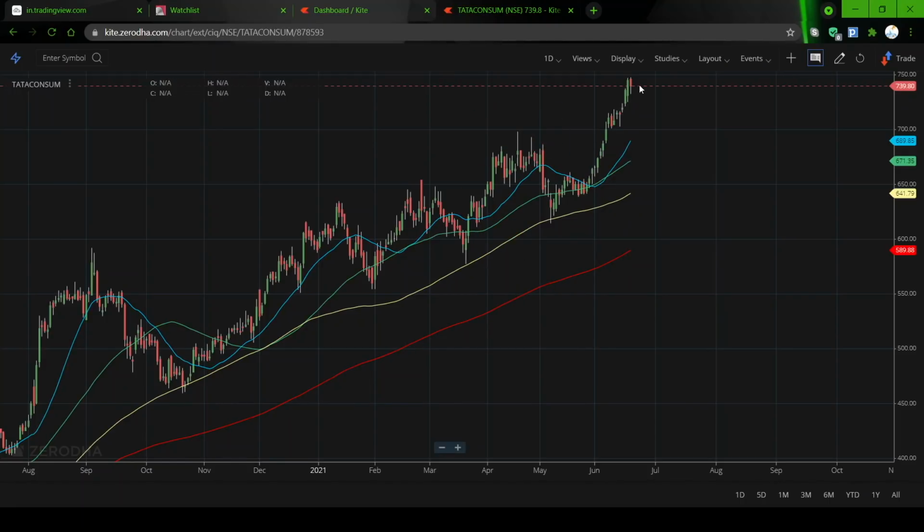This is a perfect example of an uptrending stock. Right now, it is not advised to take the position because it has gone too much up. It is like an elastic rubber band: when the rubber band goes up above the moving average, it snaps back to the moving average. You can see it goes up above the moving average, snaps back, goes up, snaps back, and now it has gone up. So now it is time for it to snap back. It can go higher, but eventually it will come down to the moving average, either the 100 moving average or the 50 moving average. Then again it will start expanding.